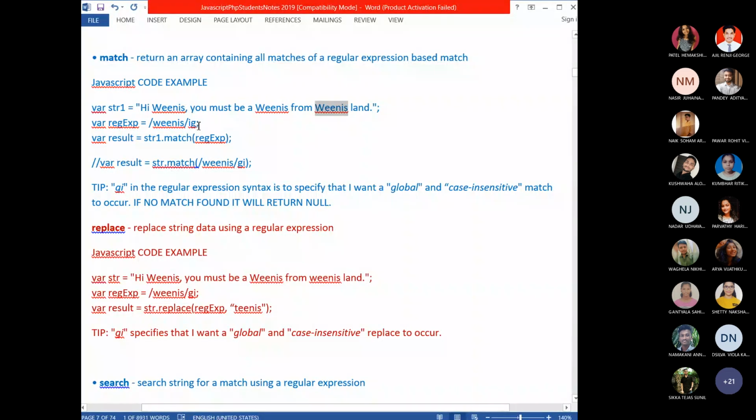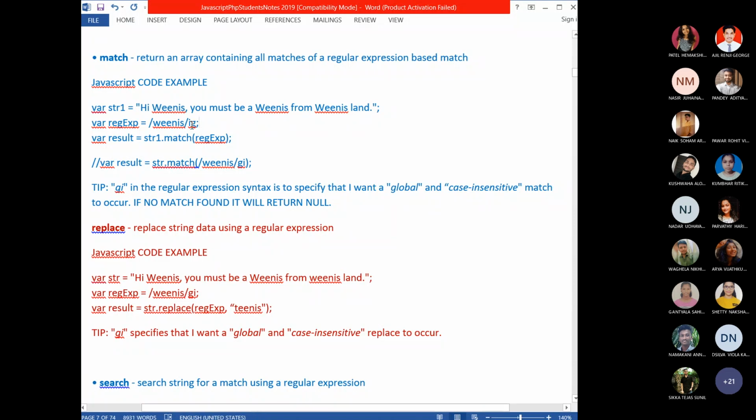Without giving G, of course, it will find a match because you have given case insensitive search. So Venus will be found. As you did not give G, it will stop searching here. So only one Venus will be returned. If you add G, then it will return all the Venus.